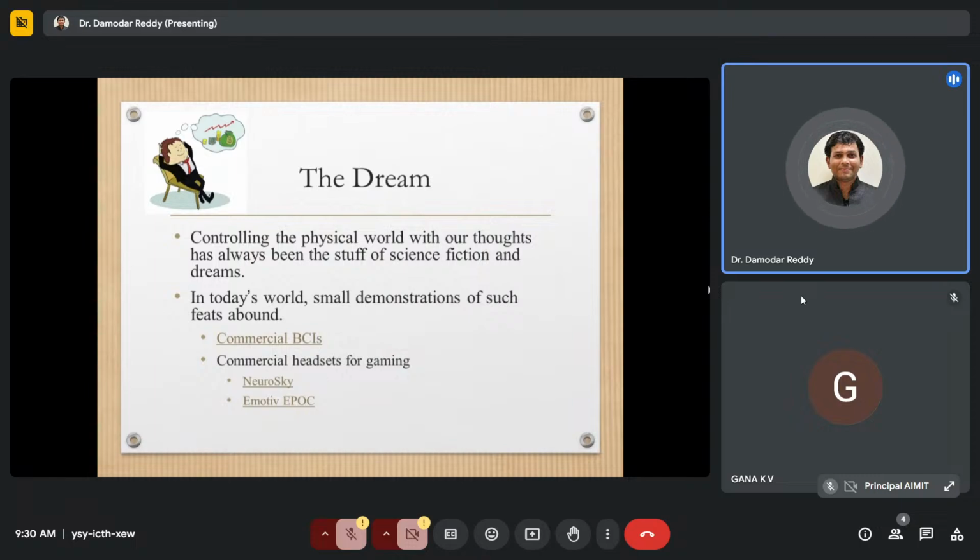Similarly, for people who lost their limbs in accidents, we can develop a robotic arm type device, a prosthetic device which is controlled and automated by real-time brain signals. So, a lot of challenges are there. Now, if I ask you a simple question, what about the privacy and ethical issues in this domain?